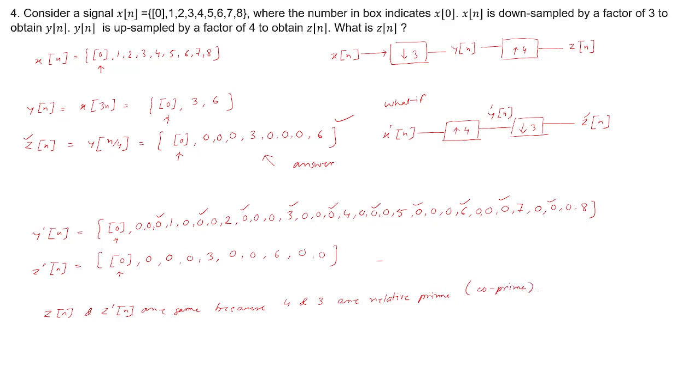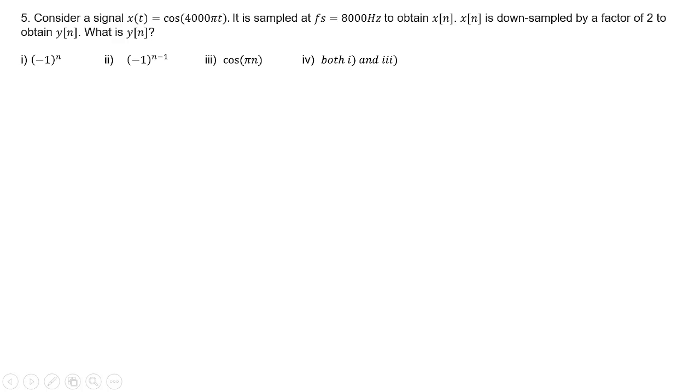This is a very important observation. This gives you an idea at what situation you can change the order of downsampler and upsampler blocks. So let us move to question 5,